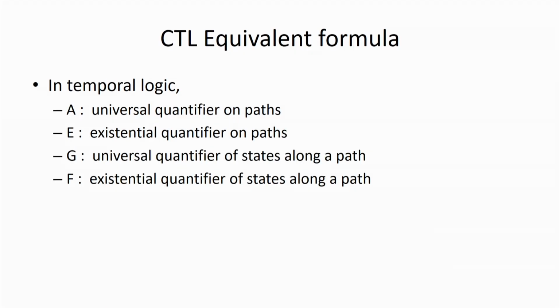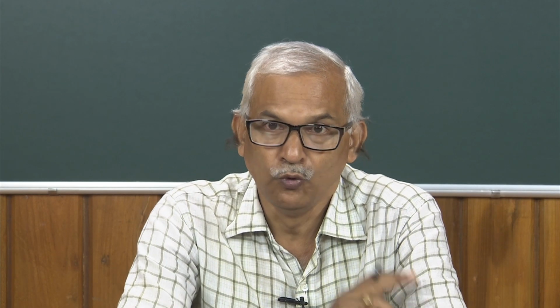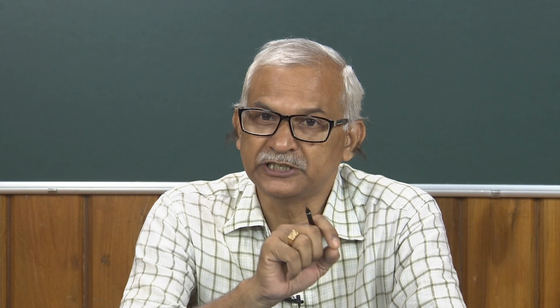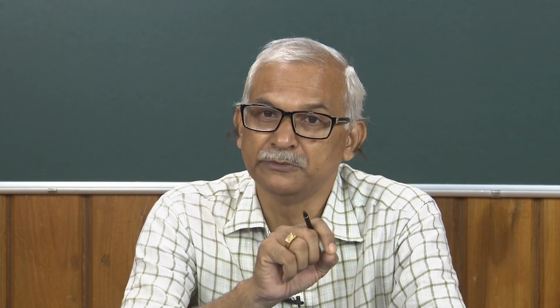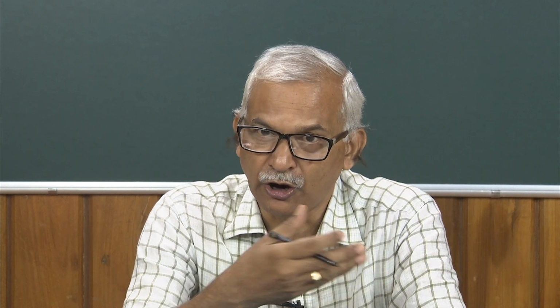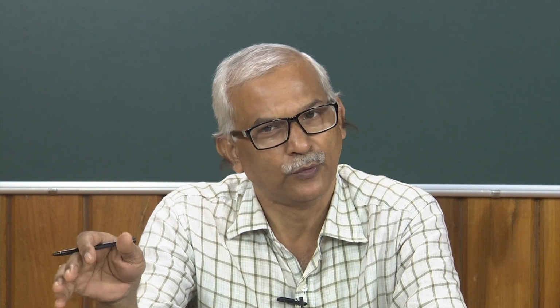In a similar notion, let us see what quantifiers we have. Here we have two path quantifiers: A is the universal path quantifier and E is the existential path quantifier. It says there exists a path or in all possible paths. These are similar to there exists and for all in predicate logic. So, we must have a relationship between A and E. If it is not true in all paths, there exists some path where the given formula is false. This is one issue I can look into.